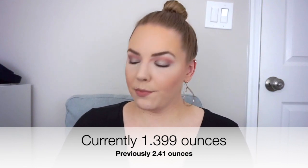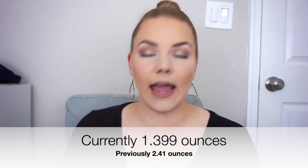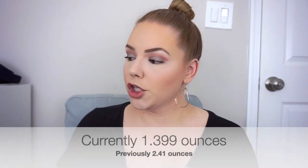Last month, it was weighing at 2.41 ounces. And this month it's weighing at 1.399 ounces, which is not too bad. I am making pretty steady progress in this, and it does feel pretty empty, so this should be done by next month as well. Moving on to skincare, I'm going to basically be showing you everything in my routine, minis and